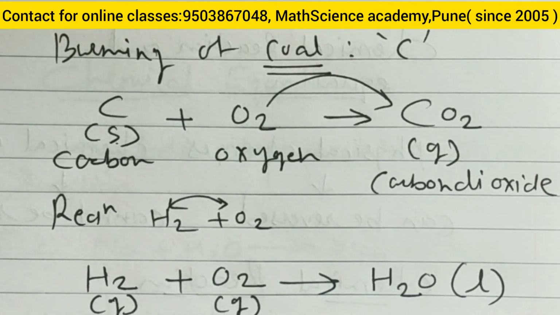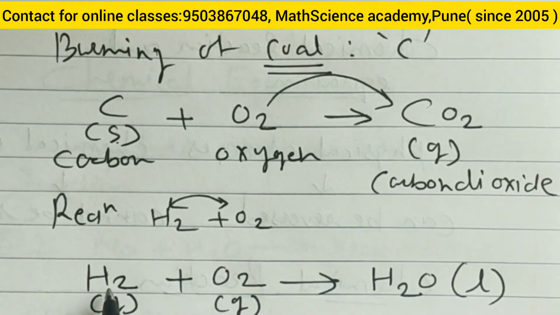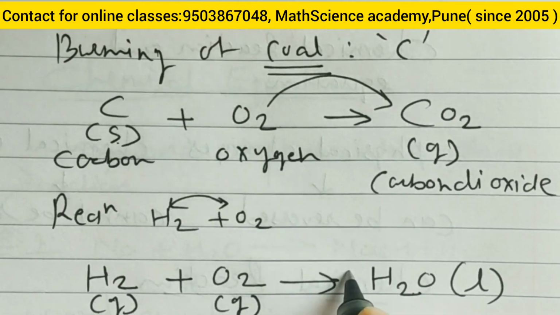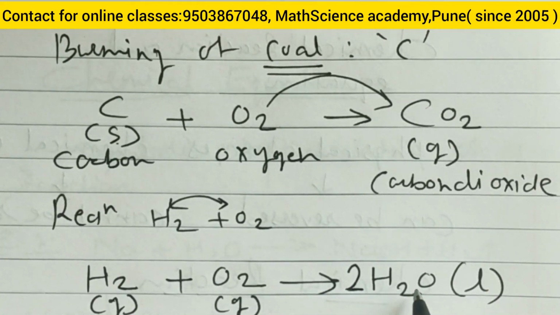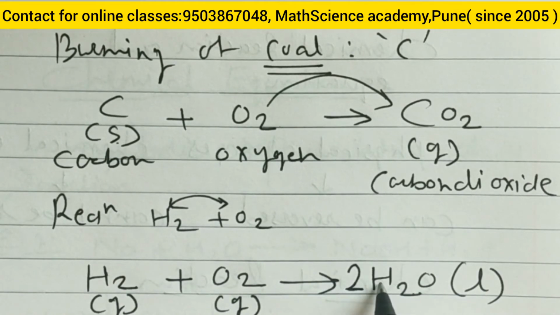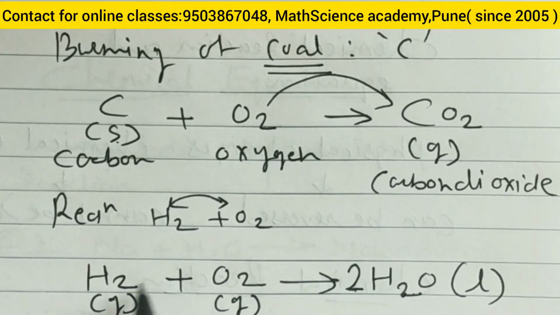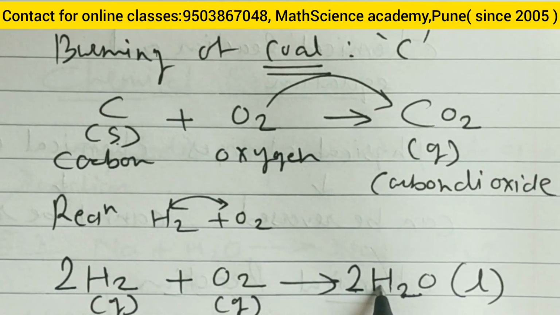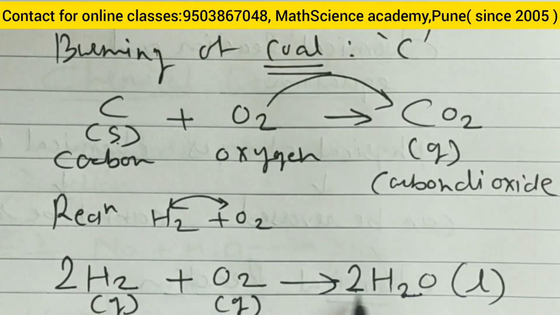Now let's balance the given reaction. Here we can see the oxygen atoms are two on the reactant side, but on the product side there is only one. So let's write 2 with the water molecule, and simultaneously the number of hydrogens becomes 4, since 2 twos are 4. Here also we need to change accordingly, so let's write 2 with hydrogen, 2 twos are 4. The number of hydrogens becomes 4, so on the left-hand side and right-hand side, hydrogens are balanced.